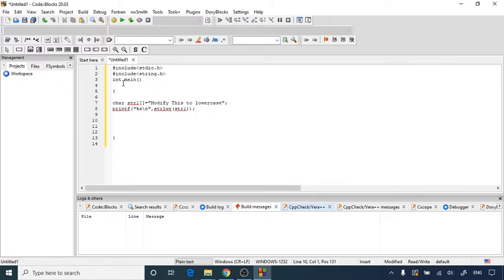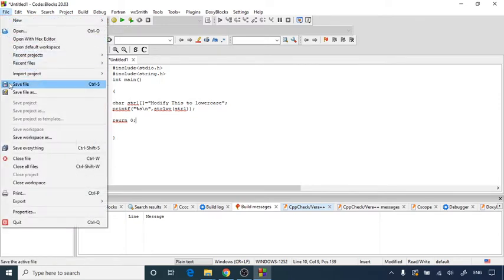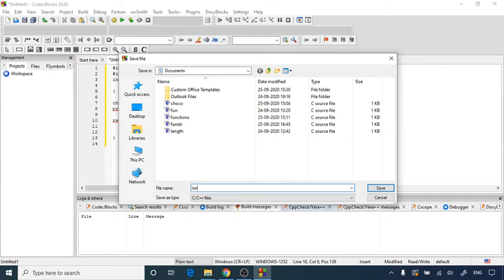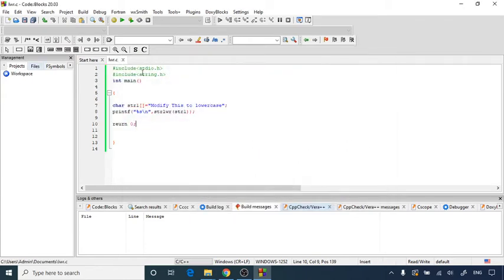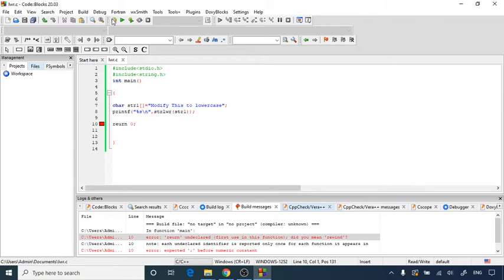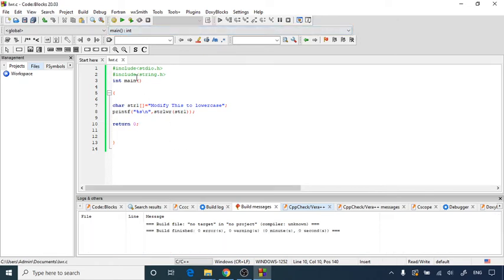In some normal cases we declare the string before the start of the int main function. Here we can declare that, but right now I have declared the string as well as, in line, used a function with the printf function, and we are putting return 0. This way, let's see. First of all, we will save this file as lower.c and let's see what happens. So build this. Okay, so I have written the spelling wrong for return 0. Let's build it again. Okay, so build is finished with 0 errors.